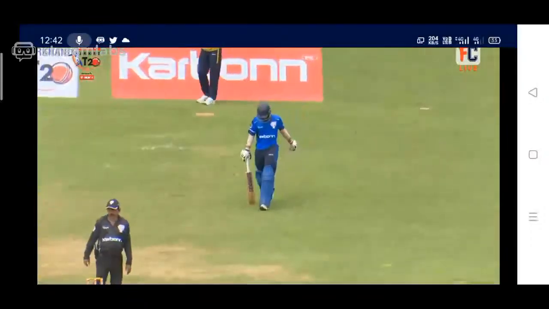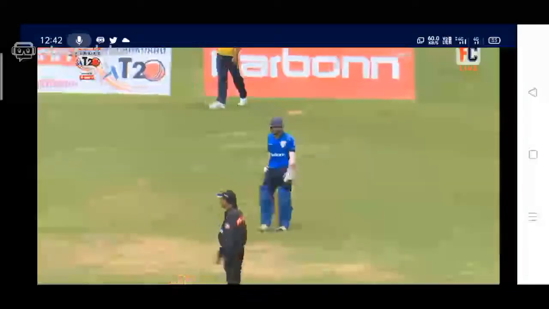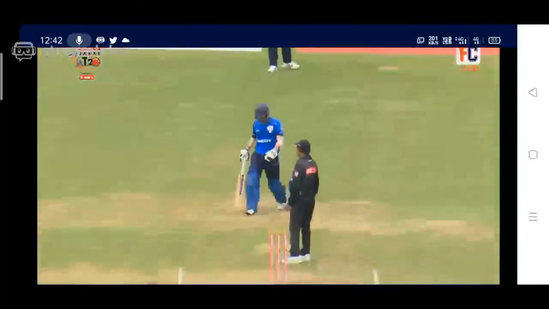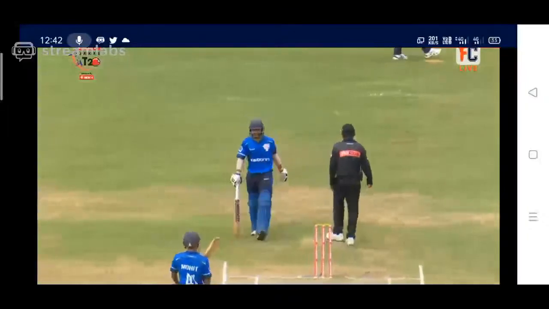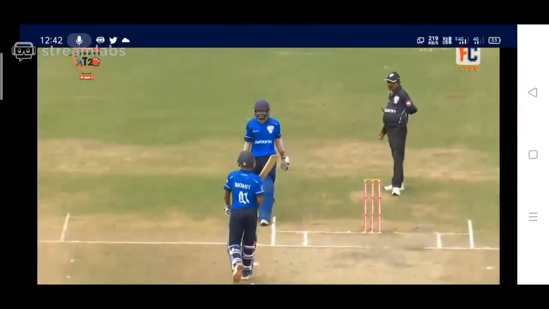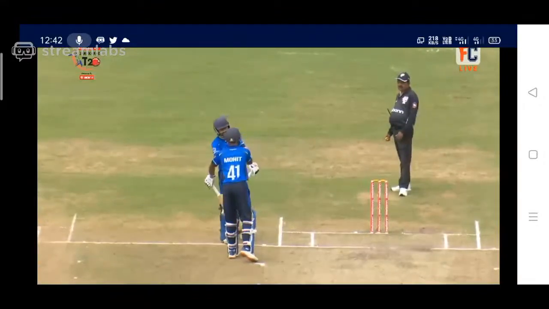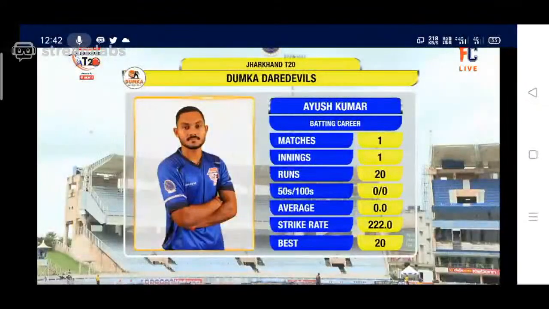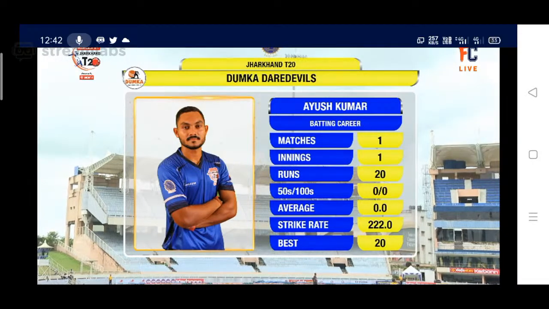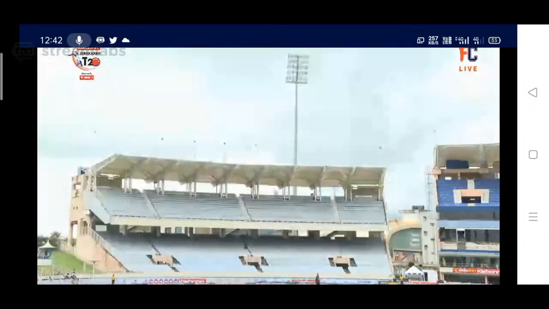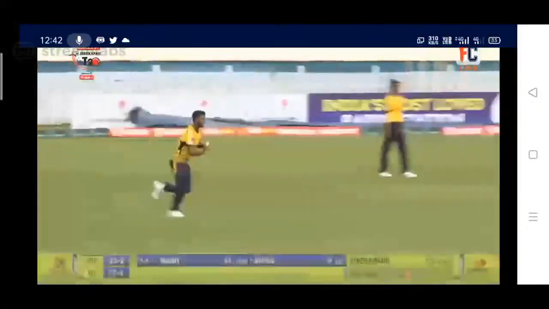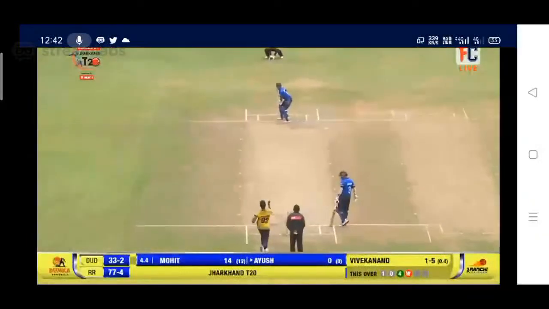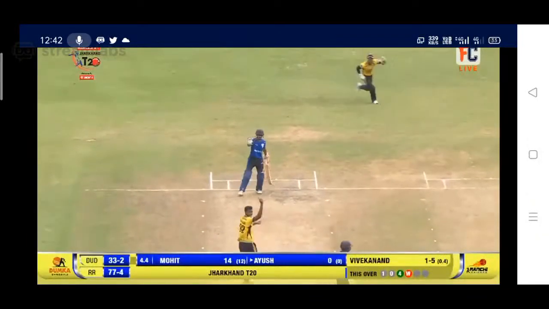Now this has put even more pressure on Dumka Daredevils. From here, can they go on to win this match? Can they do something to release that pressure build-up? The task is becoming harder and harder. Well bowled, Ranchi side. They bowl with a plan not to bowl on the body of the batsman, bowling just outside the off stump. Let the batsman play their stroke. Either they play on the offside or they have to pull it round or drag it down to the onside, and there is always a chance of getting out for the batsman. On the leg, over this one.